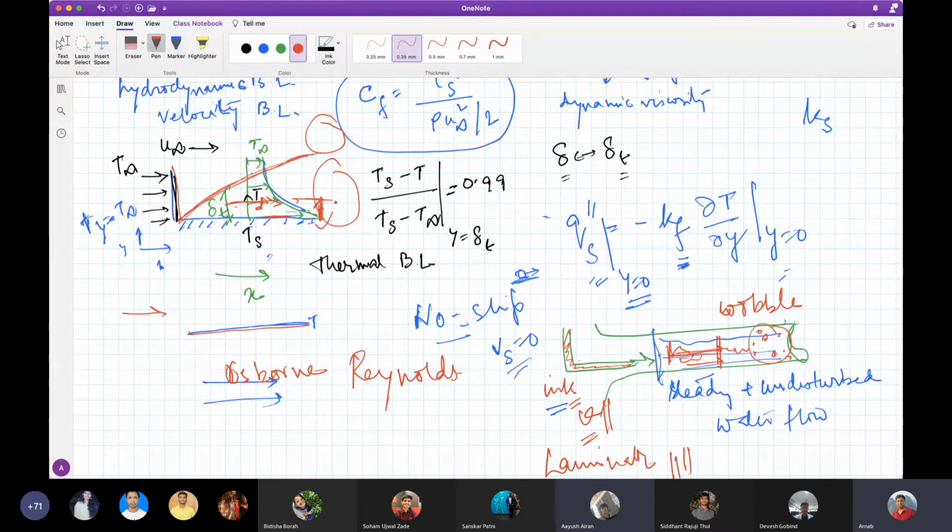Now that also answers your previous question, possibly: if between the first layer and the second layer there is a minimal velocity gradient, can we consider that as conduction? Yes. If we have two layers adjacent to one another, then there is some molecular diffusion between the two layers, and that may result in the transfer of energy from one layer to another. Yes, that is one of the reasons, and inside the boundary layer, that is the predominant reason.